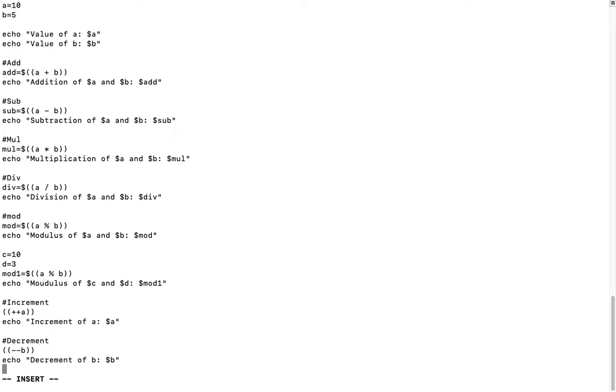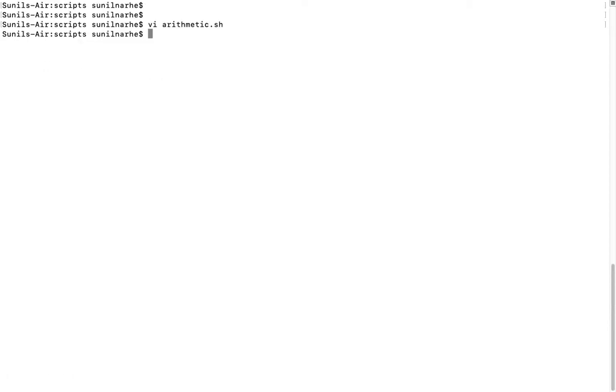Okay, let's execute this script. I just saved and exited, and now I am executing these arithmetic operations. So here we have all the values: a, which we stored as 10, and b as 5. For the addition we get 15, for the subtraction we get 5, that is a minus b, 10 minus 5 is equal to 5.